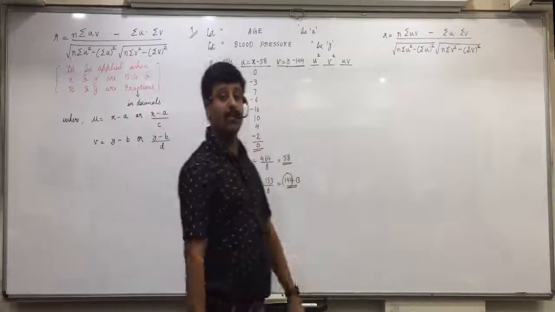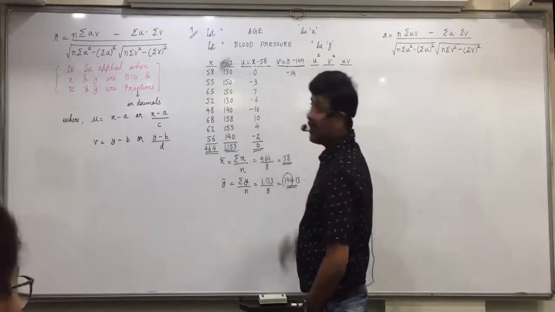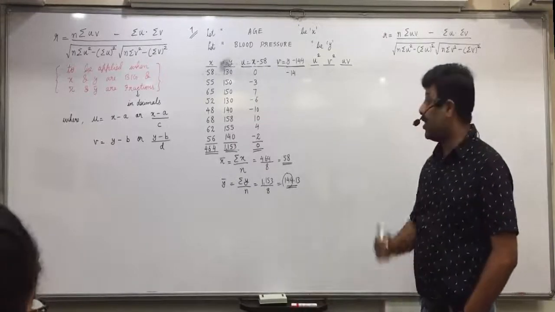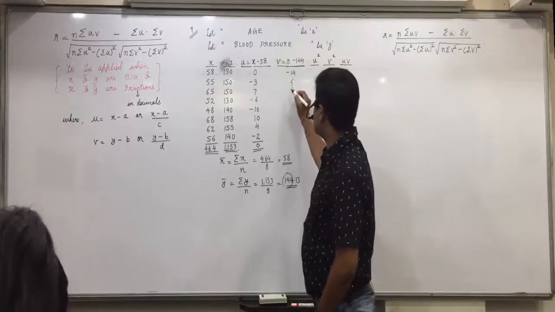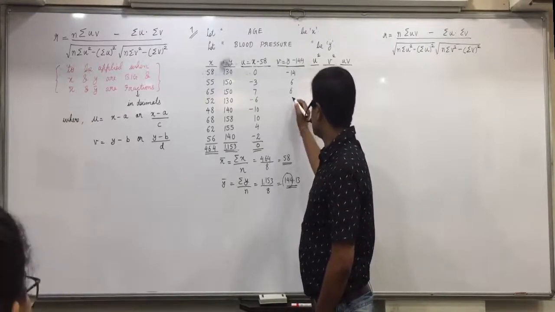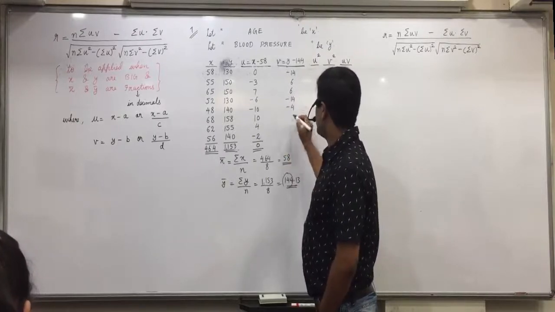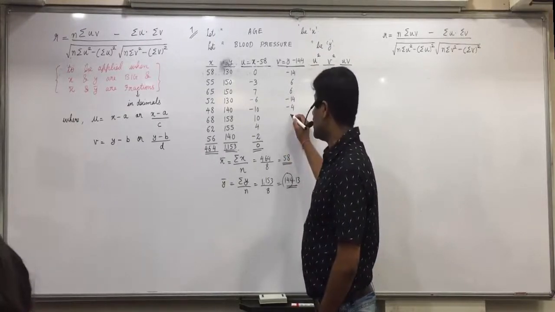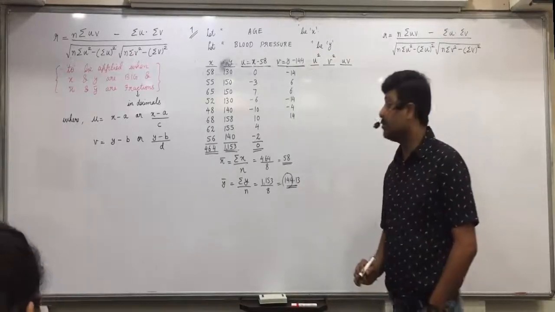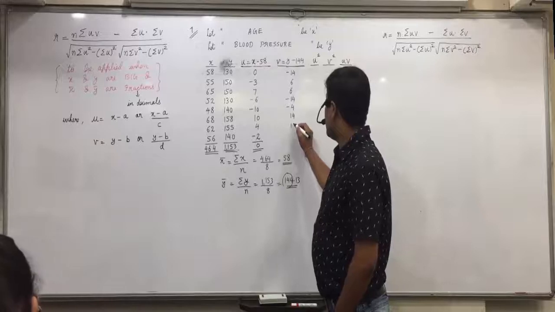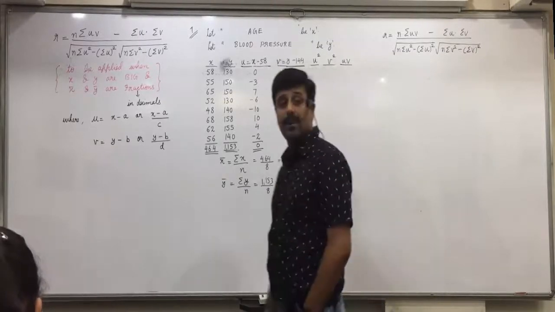Tell me the values of V. Minus 4. Minus 14. 130 minus 144, minus 14. Use the calculator, okay? 150 minus 144, 6. Again 6. Minus 14. Again minus 14. Minus 4. Minus 4. Minus 14. No, plus 14. 158 minus 144, plus 14. 155 minus 144, 11. Minus 4. And 140 minus 144, minus 4.